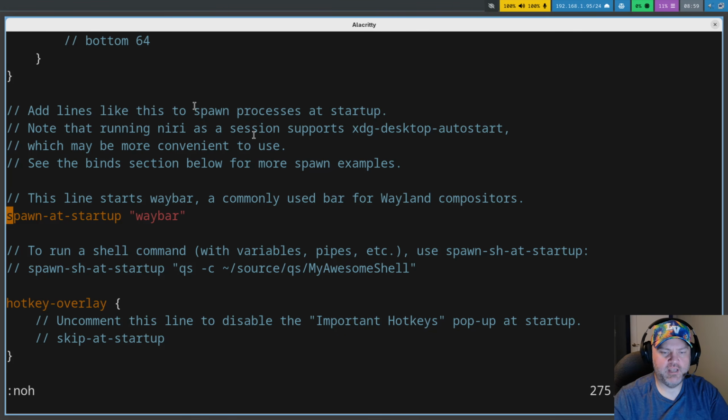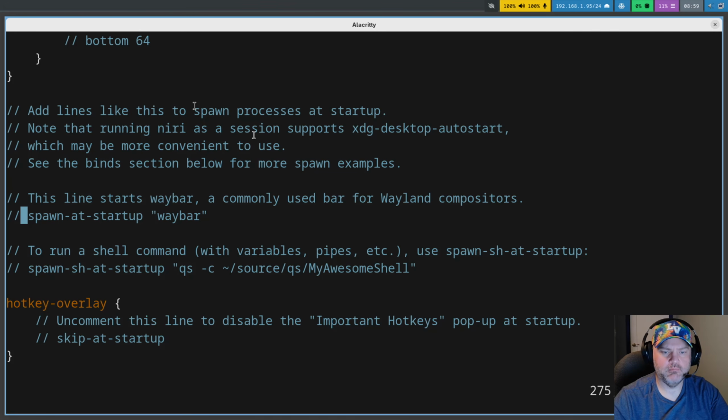However, Niri has a good idea, I thought, which was using systemd unit files to start up services. This isn't unique to Niri. Other desktops do this too. GNOME does this extensively, but I had not seen that before, and I love the idea for a few things I'll show you a little bit later. But I don't want it to spawn it here like this, so I'm going to comment this out. So we'll just put 2 slashes to comment out this line